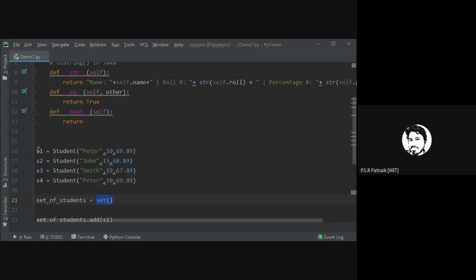So technically, when I've added S1, S1 had one hash code. When I added S4, the hash code of this is different from S1, right? So instead of these objects, if I add integer number 1, and here integer number 2, and integer number 3, and here again integer number 1, the hash code of this standard integer 1 and the hash code of this will be exactly the same.